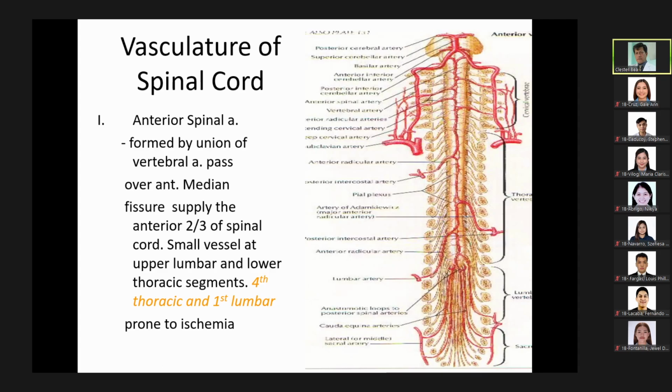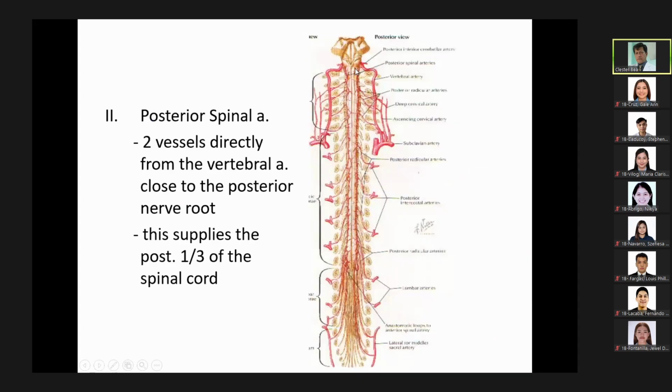Okay. Now you have a posterior spinal artery, this one. But unlike the anterior, it will not unite as one blood vessel. It will continue as two separate blood vessels along the posterior surface of your spinal cord, close to the root of the posterior nerve root, so the dorsal nerve root. At the entry of the dorsal nerve root to the spinal cord, that's where you find the posterior spinal artery